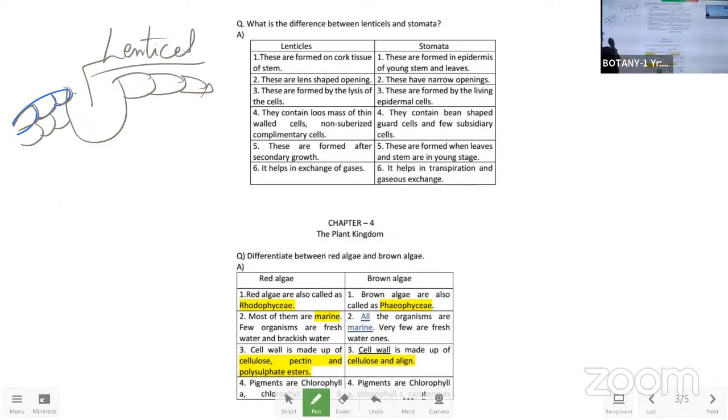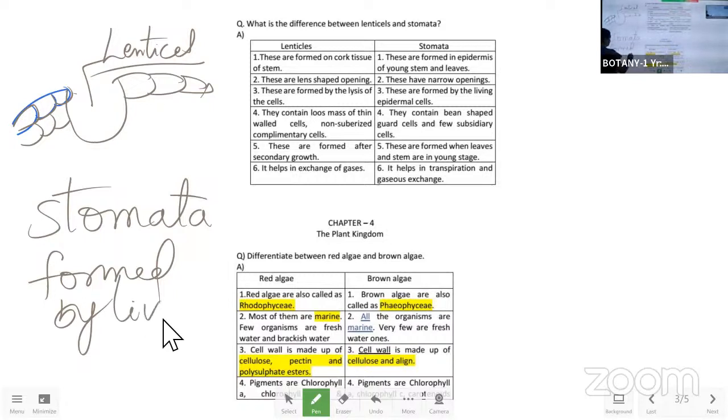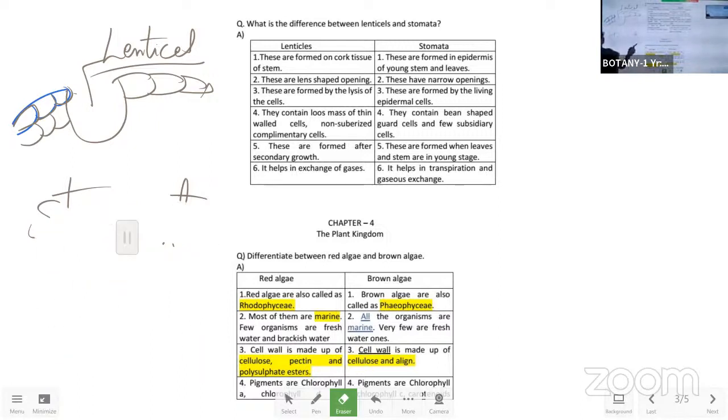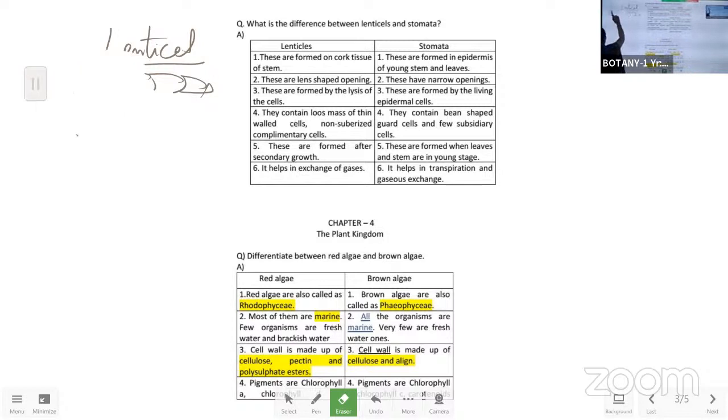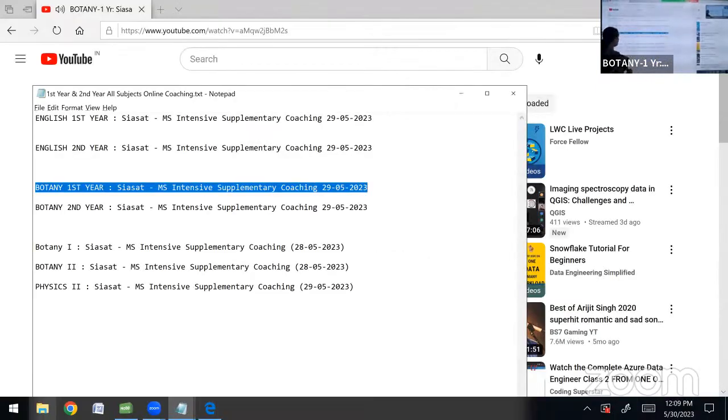And the stomata is going to be occurred in the plant body formed by the living cells. Okay, formed by the living cells. If we know this difference, then we can say the differences between the lenticels and the stomatal apparatus. Okay, so what we made the answer in like this only. So in this, the lenticels are formed on the cork tissue of the stem. Cork tissue means after the